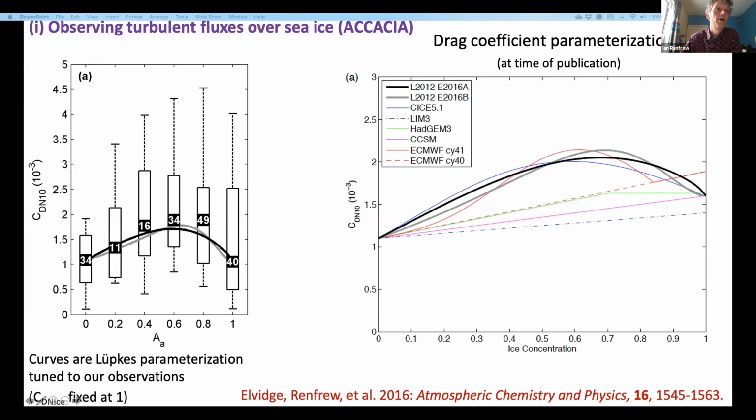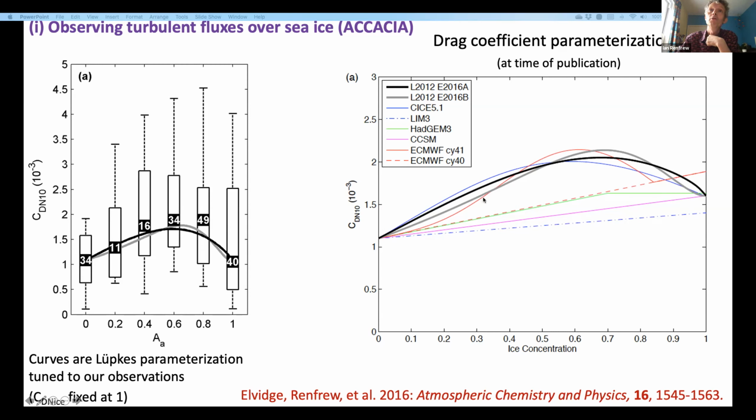So this black line here and the gray line here are two different tunings of the Lüpkes parameterization based on our observations. And they're shown in both the left panel here, and they're also shown in the right panel, the same black and gray lines. And the right panel is from a literature survey that I did at the time. So this is back in 2015, 2016, of how drag was parameterized in a range of NWP, so weather and